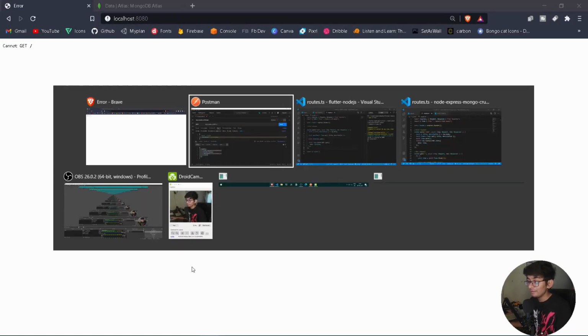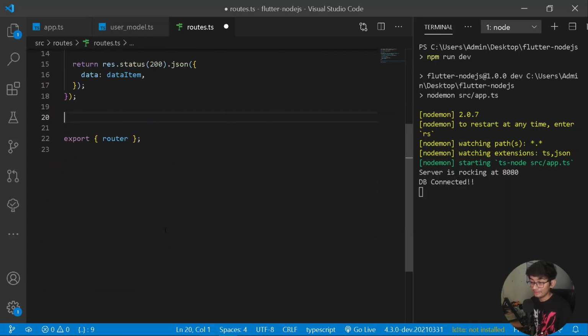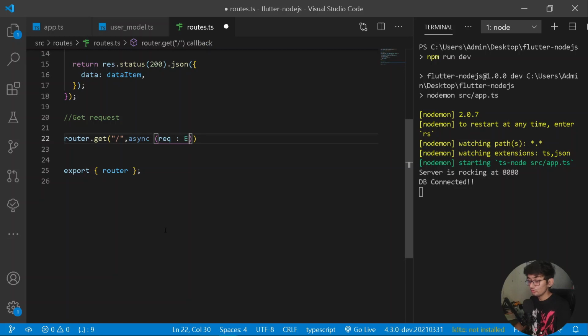So for that purpose, let's go under our Visual Studio Code, and here let's add a new request, a GET request. So here let's add a path of GET request. Under our GET request, what I can really do is add a new router, and here let's add a get of path slash, just like this, and here it will be requiring an asynchronous function. So here let's add a path of request to be a new request, and also it will be requiring a response. So let's add a new response. Let's throw an arrow function into it, just like it.